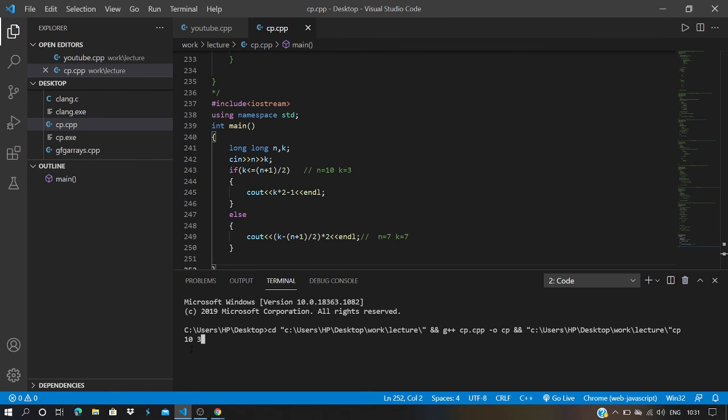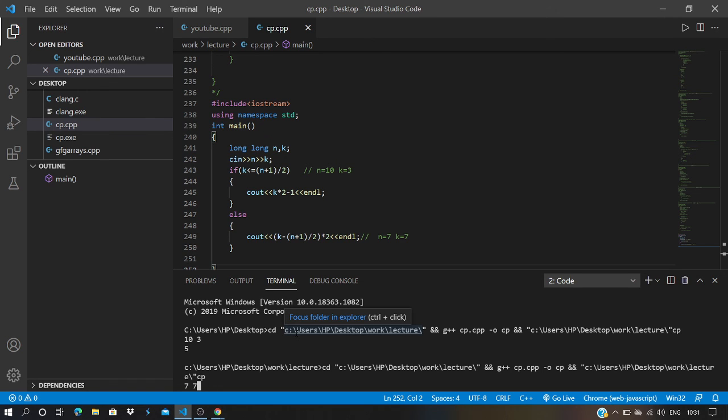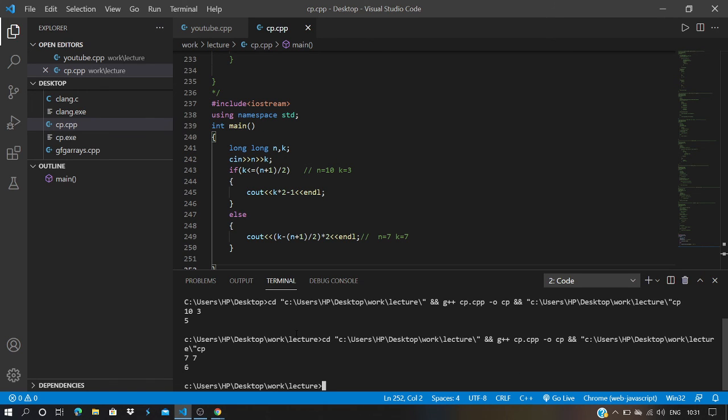If I press enter, it should give me 5, and you're getting 5, right? And if I run it again and check another test case like 7 and 7, and press enter, it should give me 6. Yeah, it is giving me 6. So yeah, this code is running perfectly.